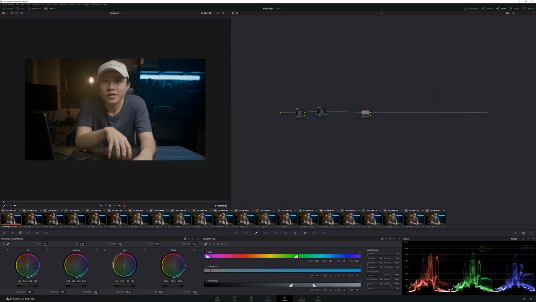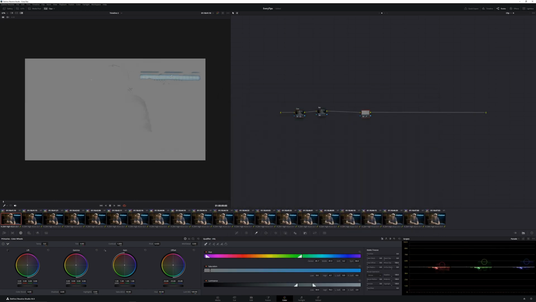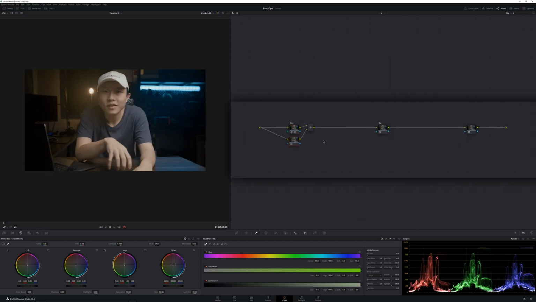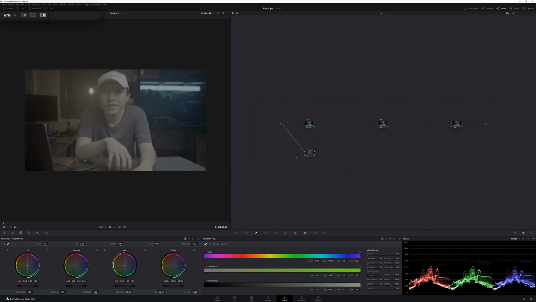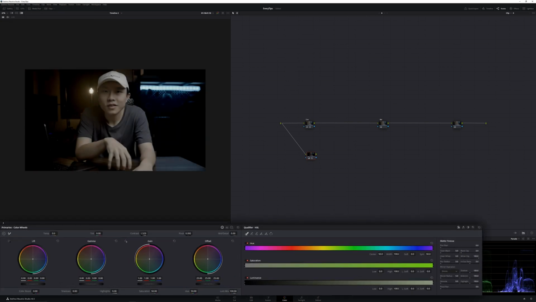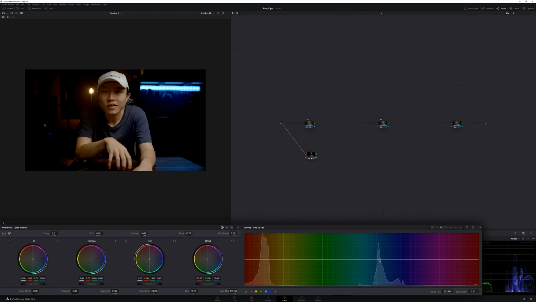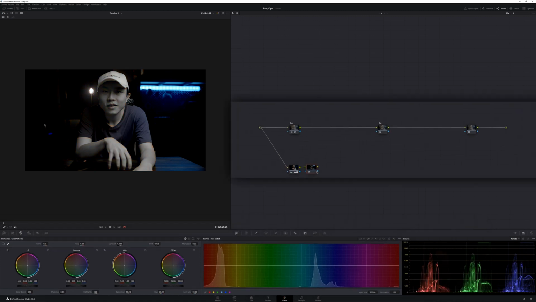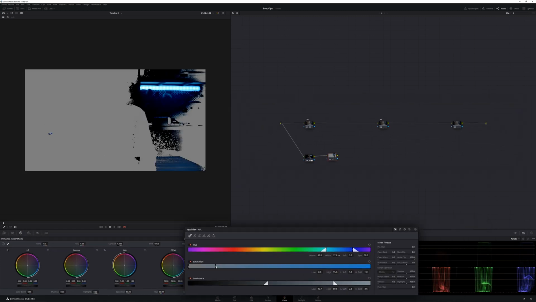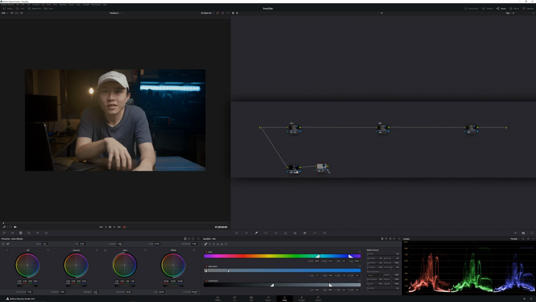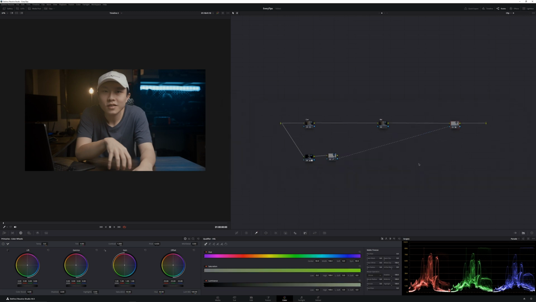Do you know that when you want to qualify for something, instead of doing it the normal way, you can create an empty parallel node that doesn't connect to other nodes and add a bunch of contrast or saturation or any adjustment to make the objects that you want to qualify separate more from the others. Then add another node to do the actual qualifying. Then drag the key output of that node to your main node. This will make your qualifier much cleaner, and the contrast and saturation that you just added will not affect your